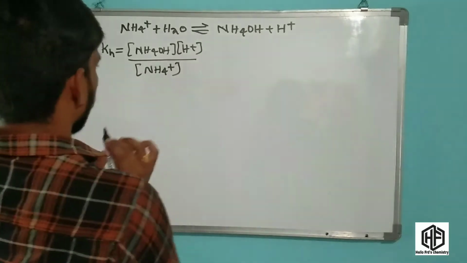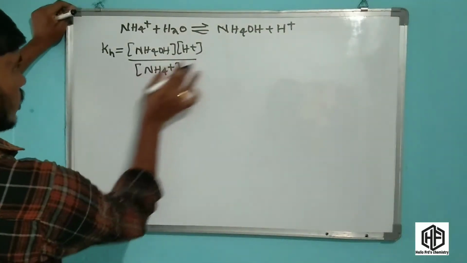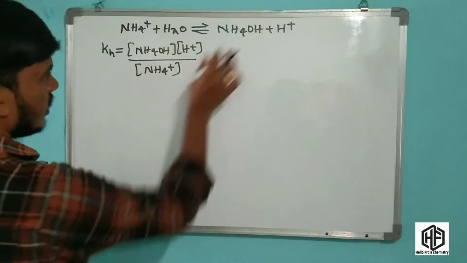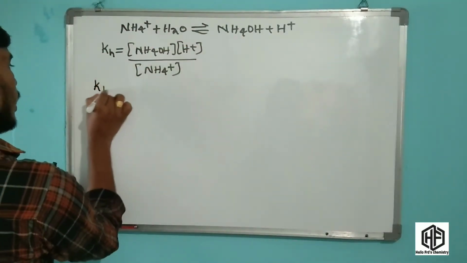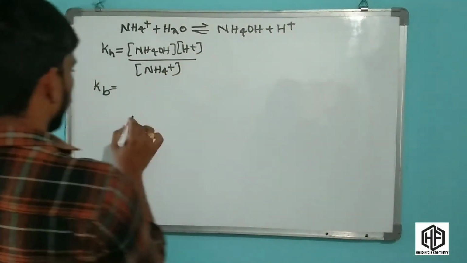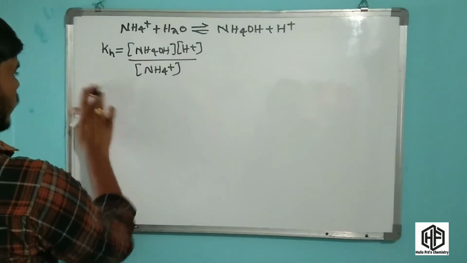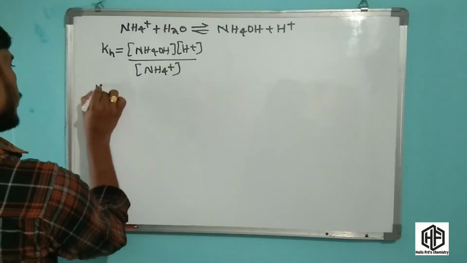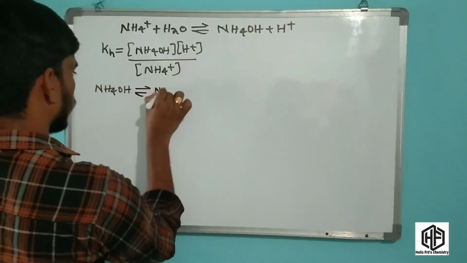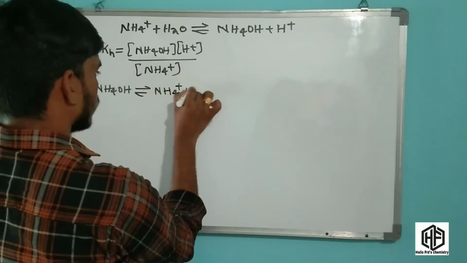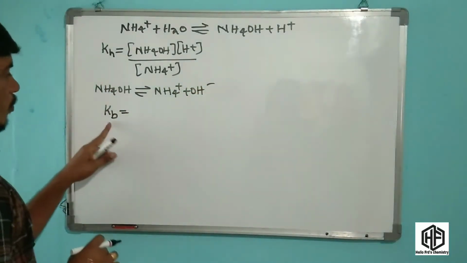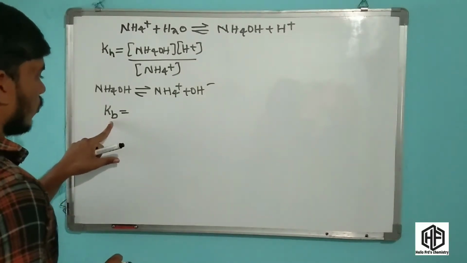Now one more important point. This is the NH4OH. This is the weak component present in there. This is a weak base. Now Kb of this reaction is for the NH4OH. NH4OH is a weak component. It is dissociated to NH4 plus and OH minus. What is Kb? Kb is the ionization constant of the weak base.